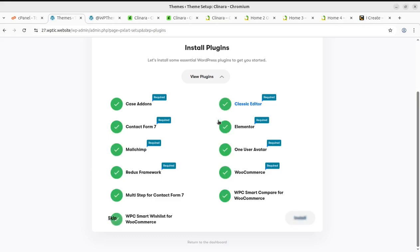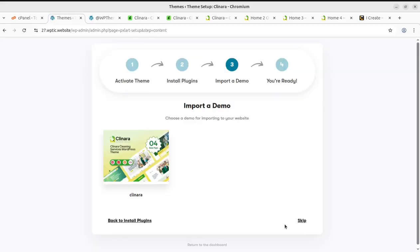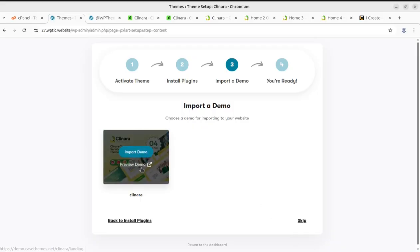Okay, great. So all plugins have been installed successfully without any error or trouble. The last one is, in fact, WPC Smart Wishlist. So we are on the next page and all the plugins have been installed. On the next step, of course, we are proceeding to import the demo content, and this is the only option we